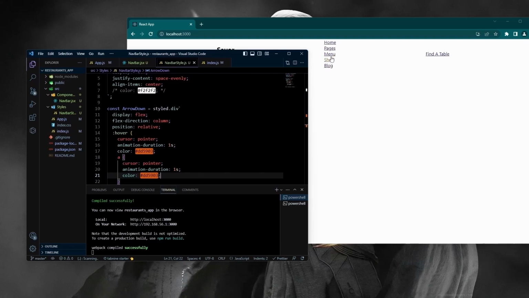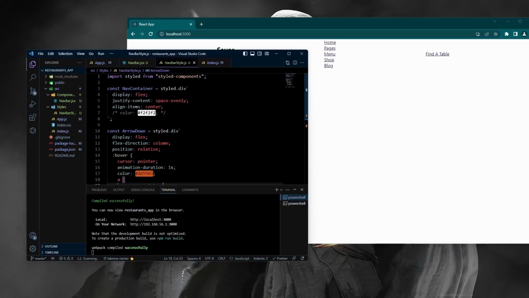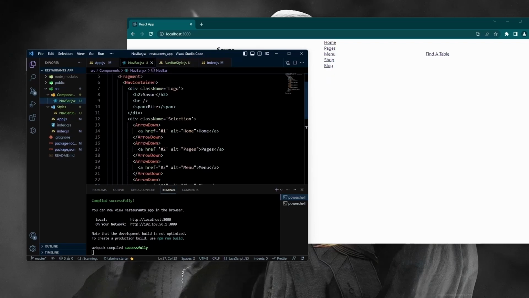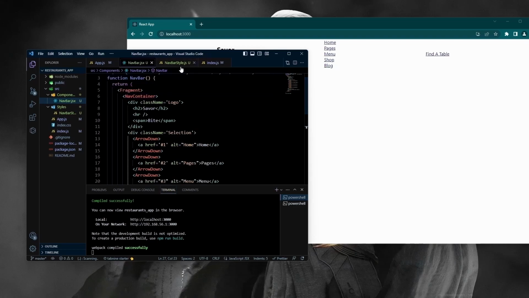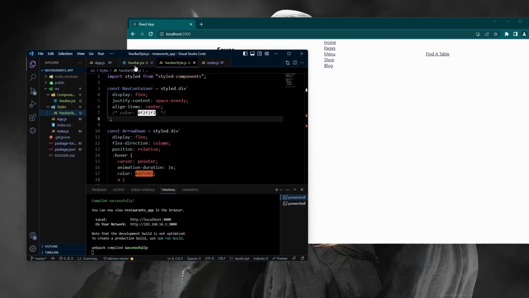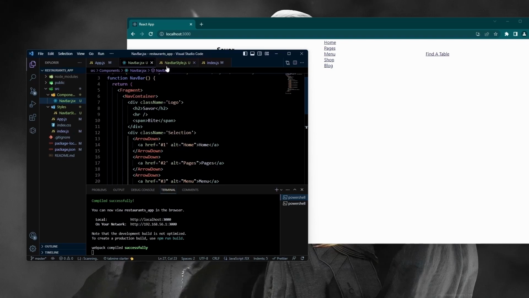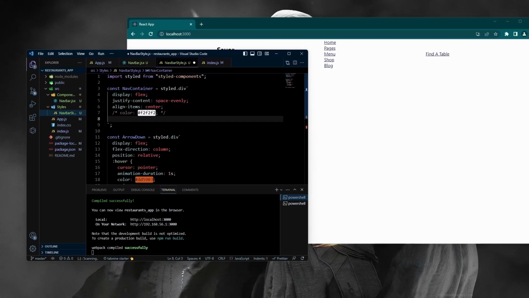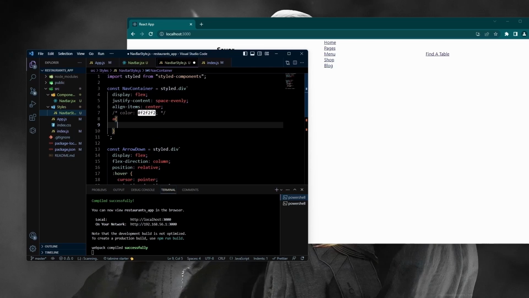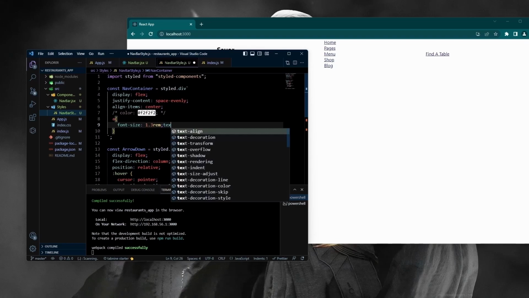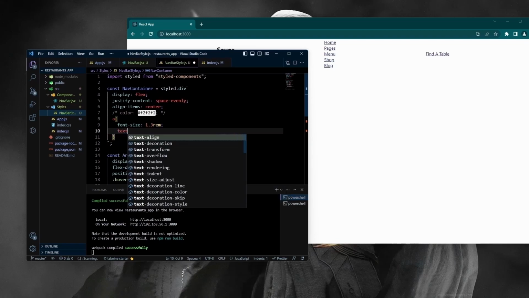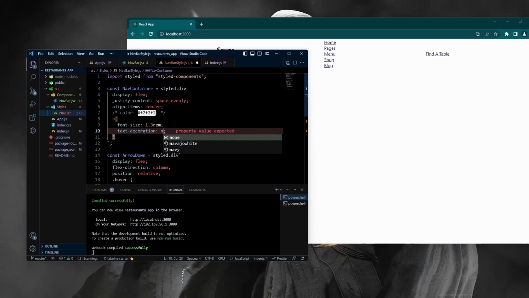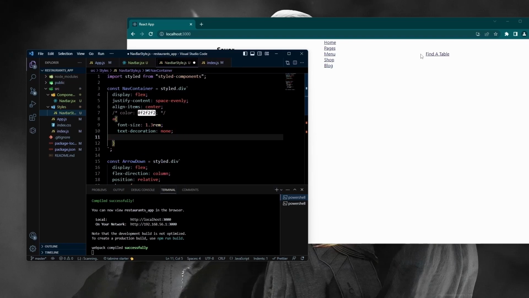Now you see again orange when we hover. Inside of this nav container, since we have it wrapped around everything, we could just grab the A tag from there because it's wrapped around it. So we got font size 1.3 rem. 1 rem is equal to 16 pixels. And then text decoration should be set to none. Now remove the underline,